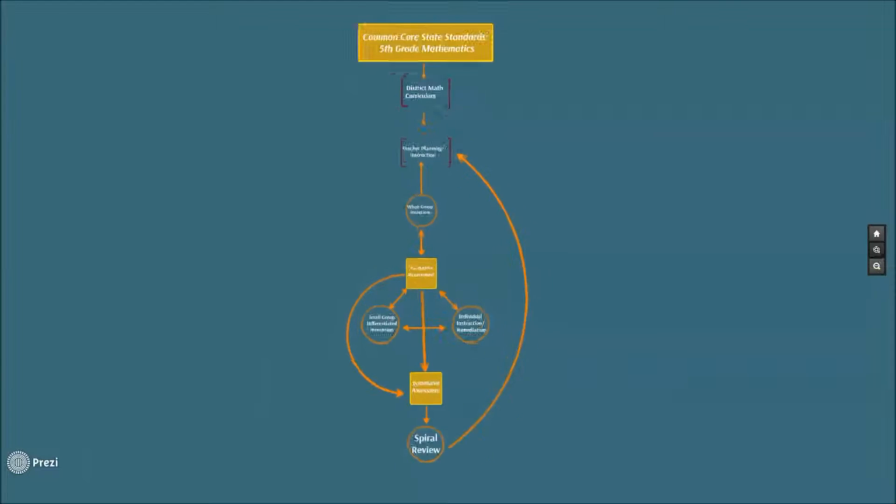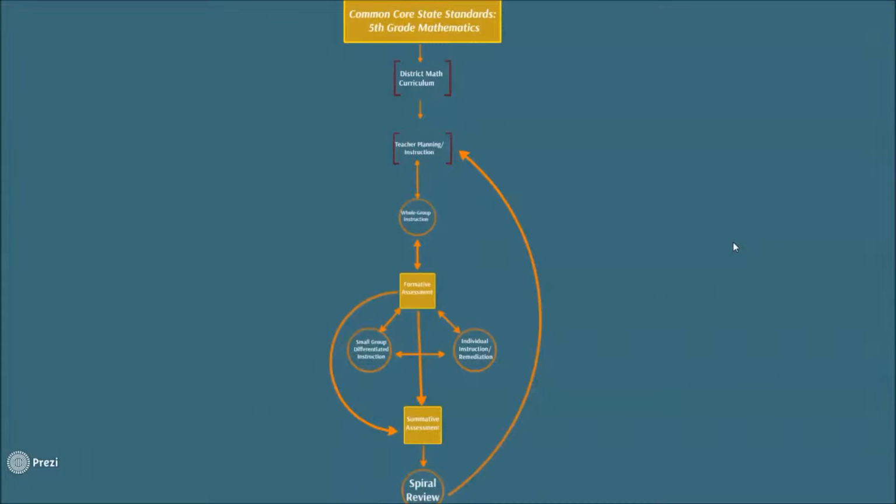So that would be the flow that I use the Common Core State Standards in for my 5th grade math classes. Again, it's not just a one-way kind of flow chart. There's a lot of back and forth, and no matter what, it all comes back up to the state standards, because everything revolves around those standards. Every single thing that we're practicing, everything that I'm assessing, all comes directly from the set of standards that the state of Michigan